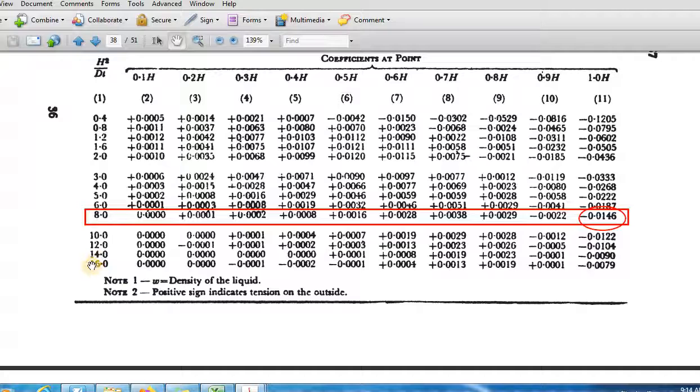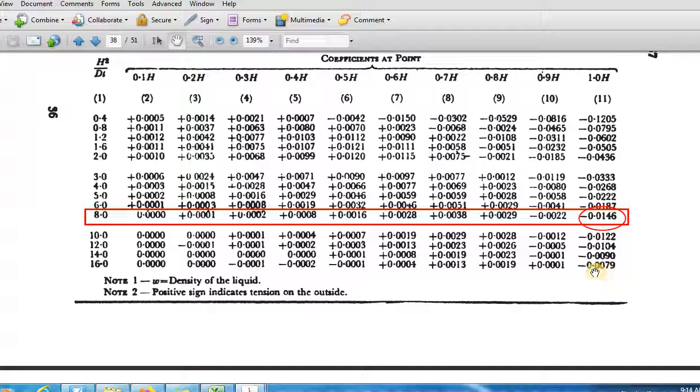So here also h square by dt is equal to 16. So you take the maximum value here. Maximum value appears to be 0.0079. Is it? Yeah. Forget about negative and positive. Okay, its meaning is whether tension is outside or tension is inside. That is what it means. If negative comes, tension is on the outside. Actually, sorry, if positive comes, tension is on the outside.